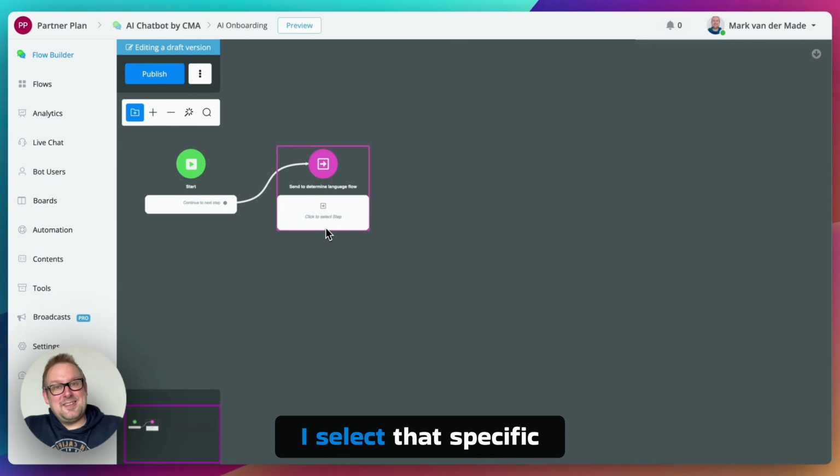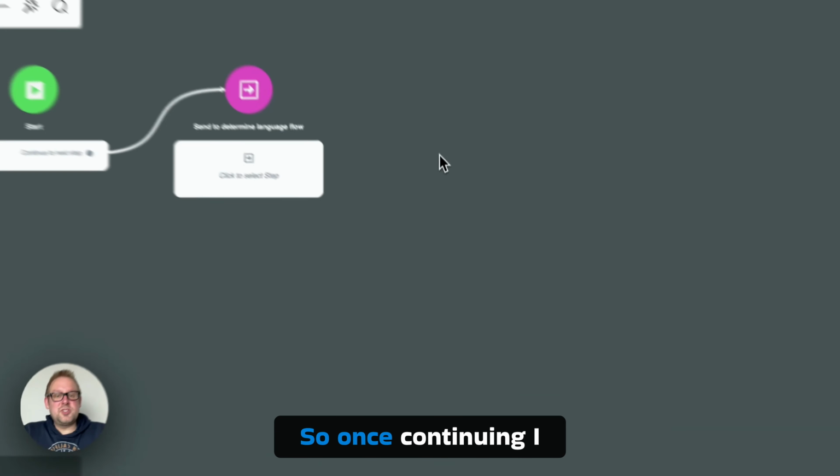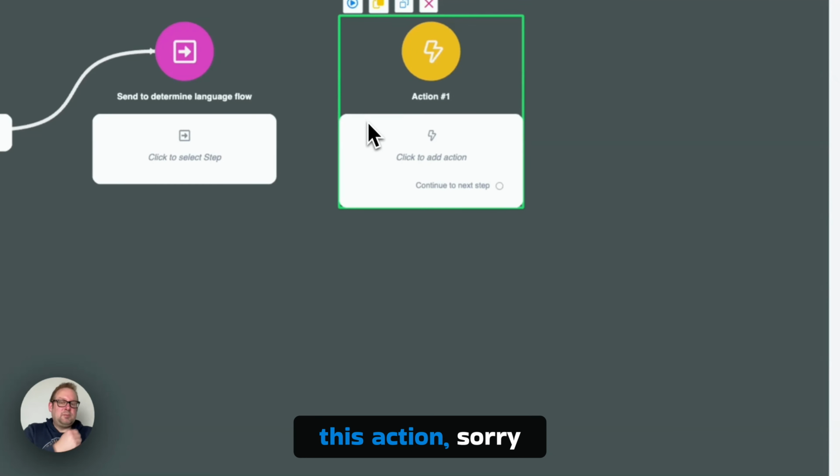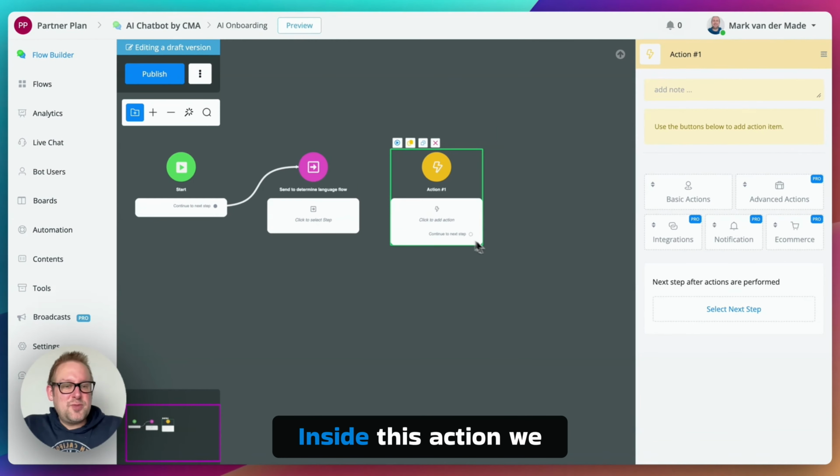So as soon as I select that specific function flow, I will also get an output node where I can continue. So once continuing, I want to go with an action, and inside this action, we are